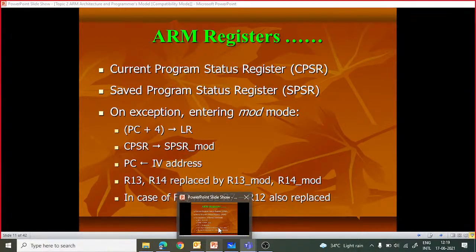Okay, that means whenever the microcontroller changes the mode, whenever it executes in a normal mode, there will be some status of all the flags, and whenever it switches to some other mode, for example fast interrupt mode, then the current status of all the flags will be saved in the SPSR. So the CPSR will be saved in the SPSR, so that you can also use that CPSR in the FIQ mode. That is the basic purpose.